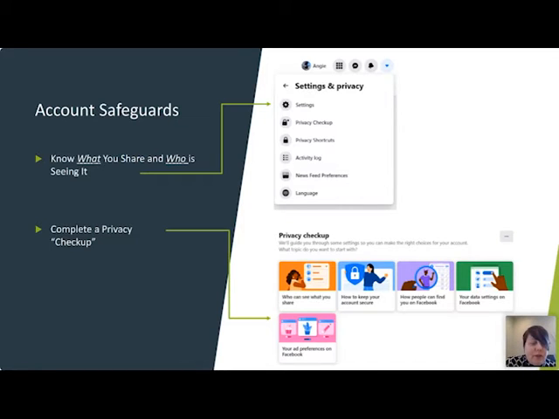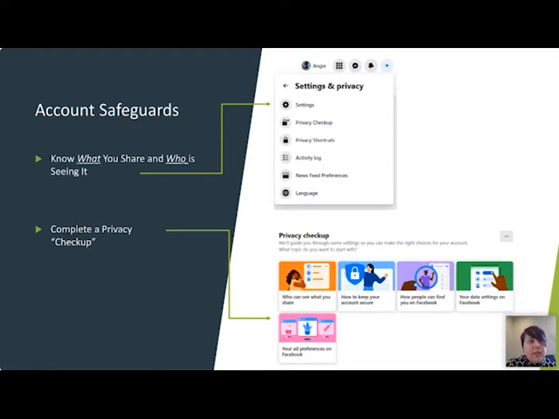Facebook and Instagram want you to be secure, and they want you to not fall victim to this, so there are safeguards that are going to be presented to you in order to safeguard your account. The first and biggest thing is just to know what you are sharing and who is seeing it. You can set your settings so that nothing you ever post can be seen by anyone who is not a friend. That can be a really good first step. So in your settings, make sure that any information shared is only visible to someone you're already connected with. And you do that in your settings.